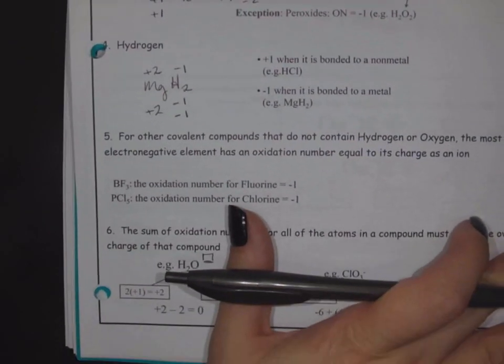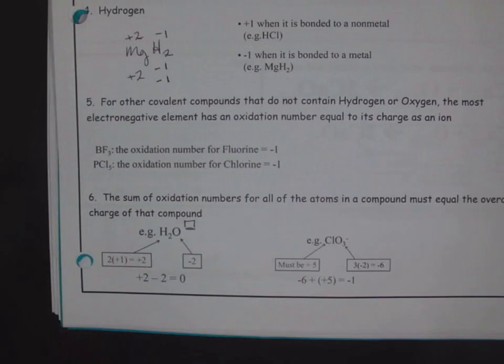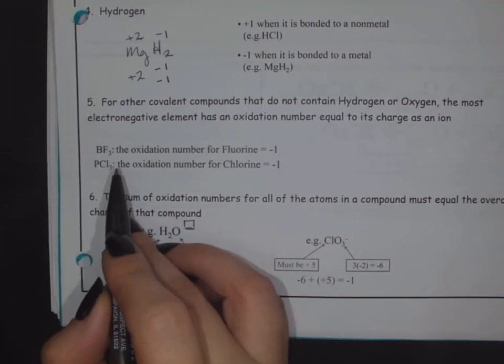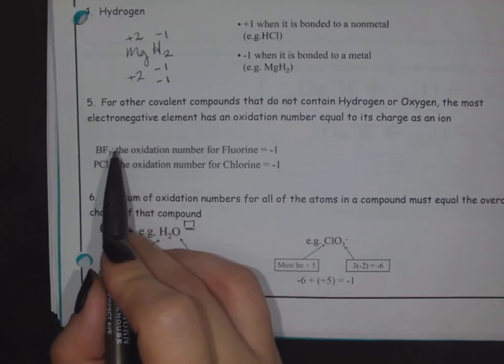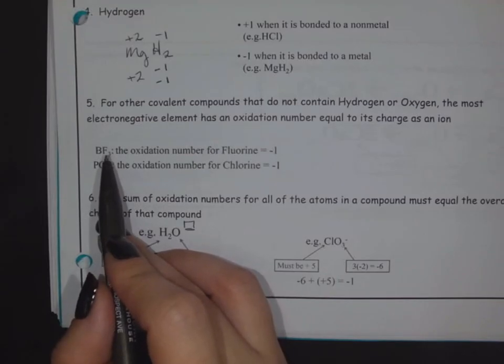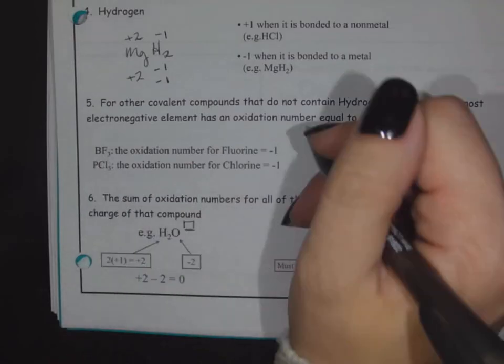Okay. Rule number 5, and we've already done number 6. When there's not oxygen or hydrogen inside a molecule, then what you do is for the atom that is the most electronegative, whatever its ion charge would be, then that would be the oxidation number. Okay, so like